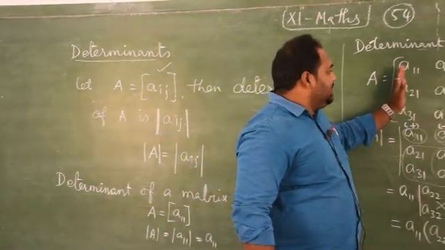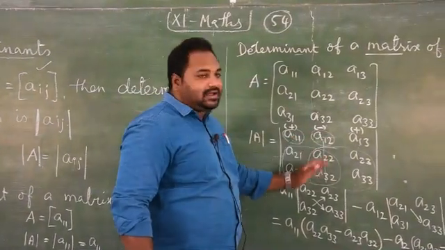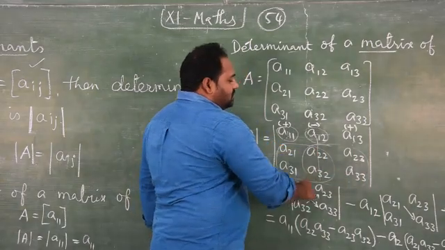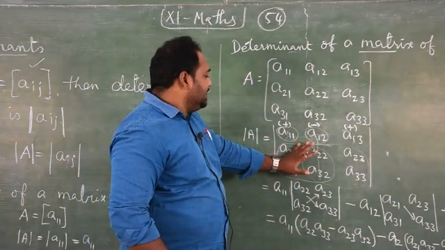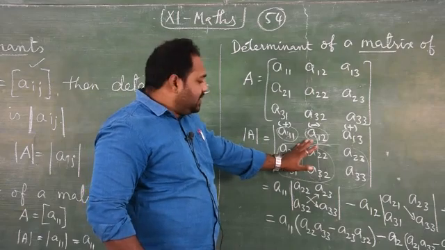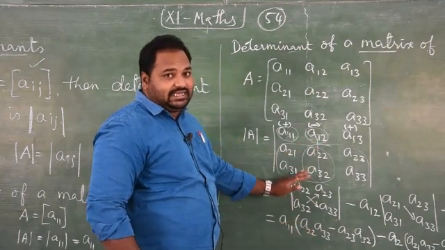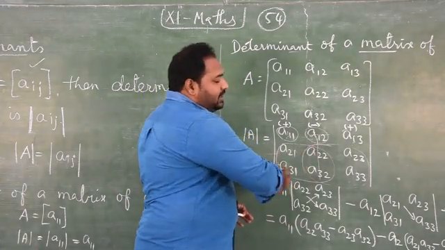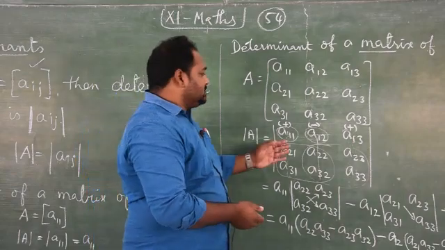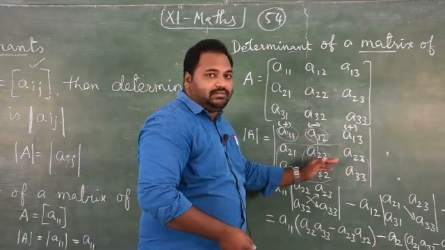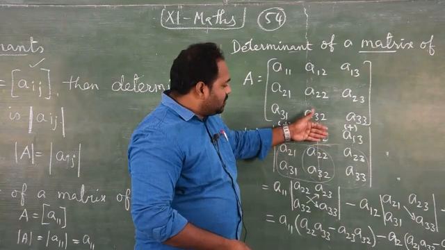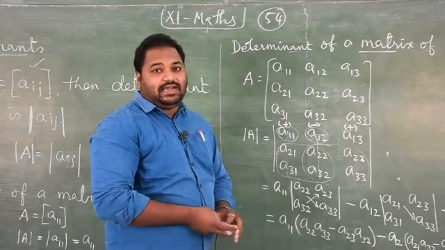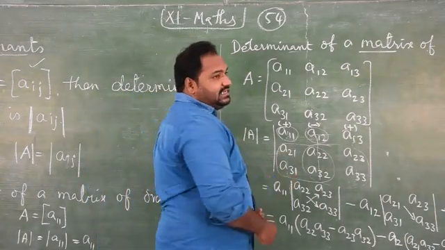One is, in a determinant we can interchange the columns and rows as we like, but when you interchange the rows and columns in any determinant, the value will not be affected, only the sign will change. The value will remain the same. We can change row to another row, column to another column. The value will not change, only the sign will change.